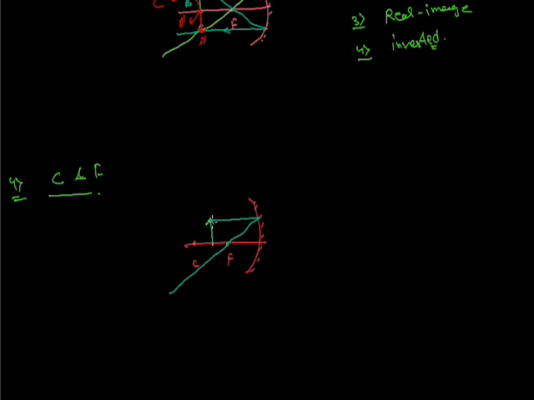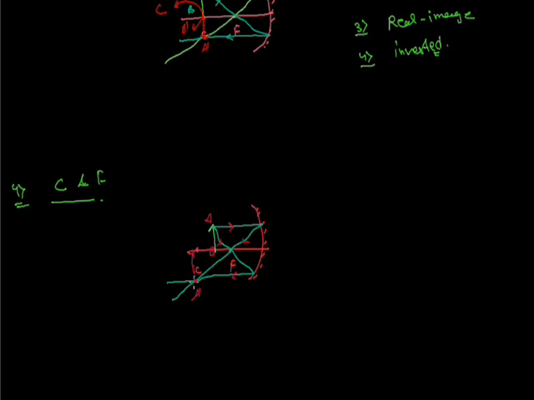Now use the second rule. When the ray passes through the focus, where will it go? It will go parallel to the principal axis, meaning the direction of this ray will be in this direction, and after reflection in this direction. The image of the object point A will be formed here, that is A dash, and infinite number of points will be like this, and where they meet, the formation of the image takes place.